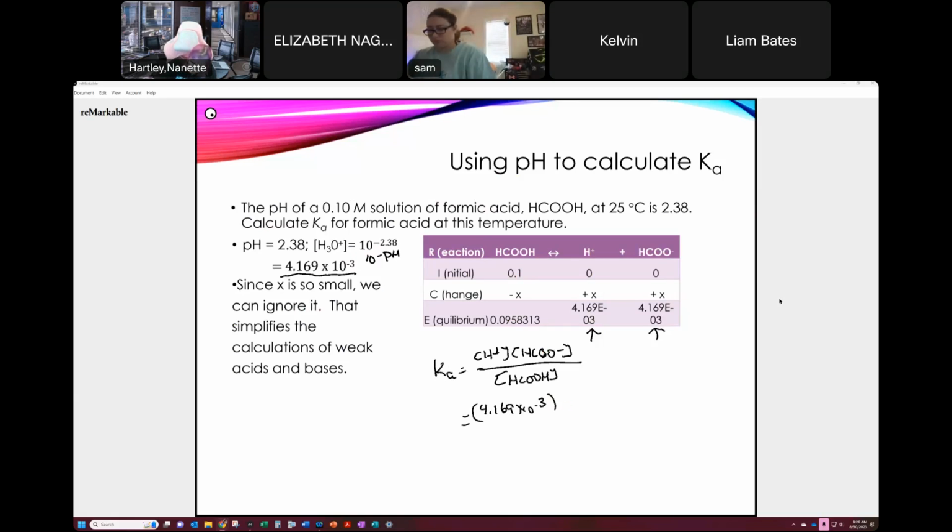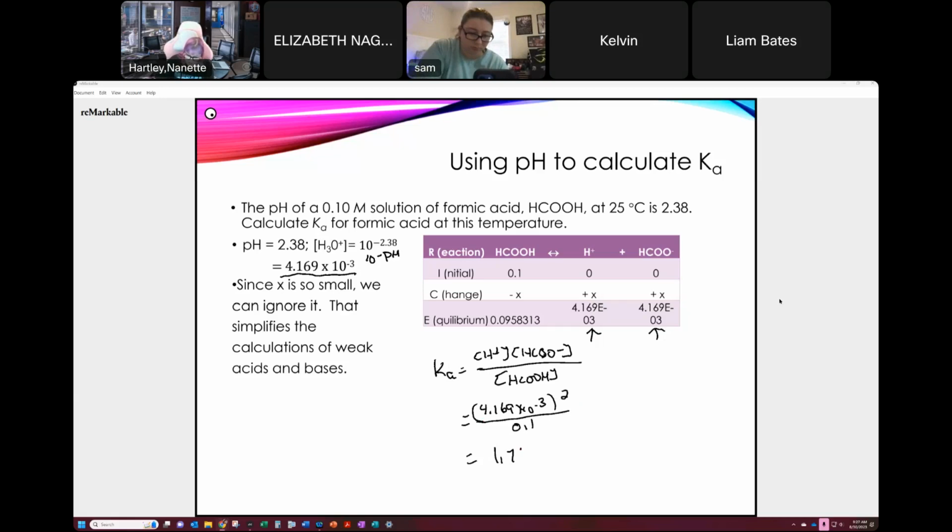That is going to be multiplied by itself, so I'm squaring that, and then I put that over the 0.1. Now, I will get some errors in doing that calculation that way, but that's fine. So I take my 4.169 times 10 to the minus third, square it, and divide that by 0.1, and that gives me